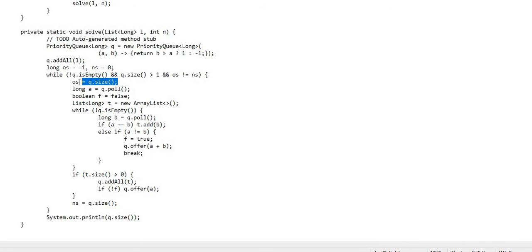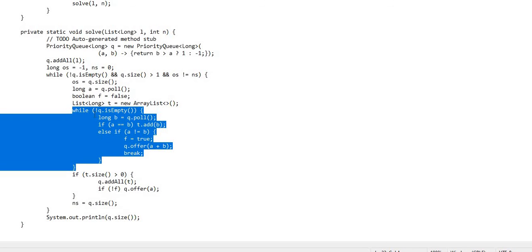Once we get into this while loop, I am calculating the size of the queue and storing it into OS, that is the old size. After that I am pulling the topmost element from the queue, and I am defining this boolean flag. I will explain the purpose of it. Then I am defining this list value, and again iterating through this queue.